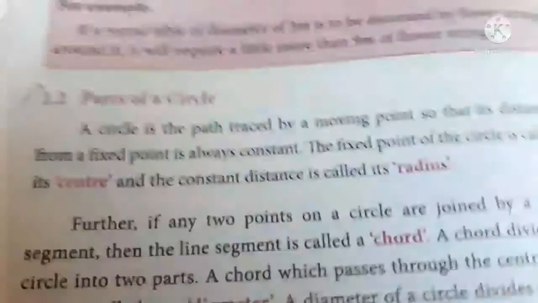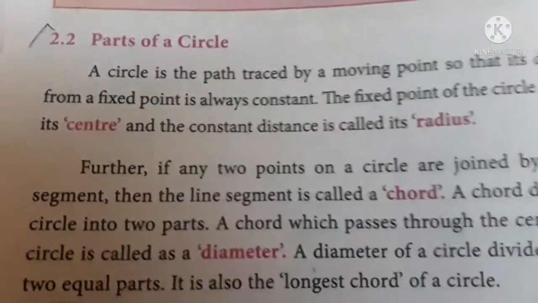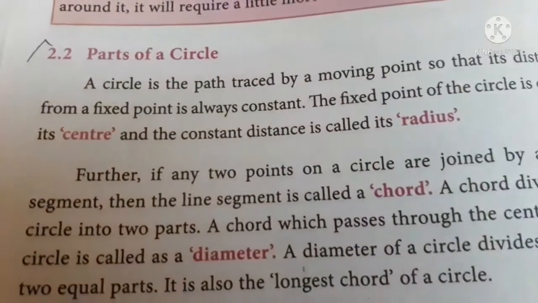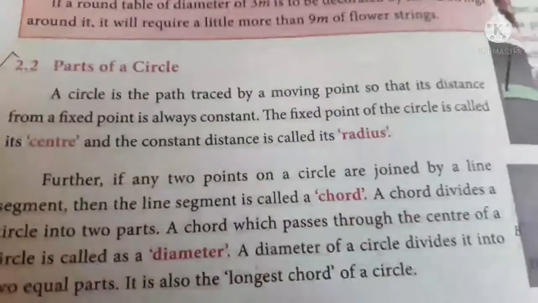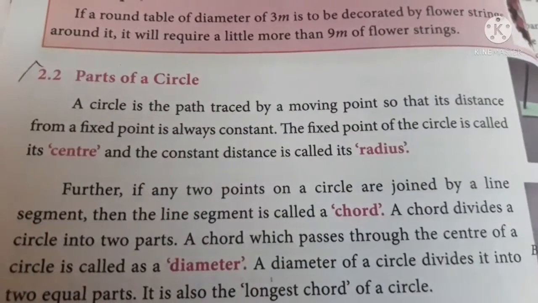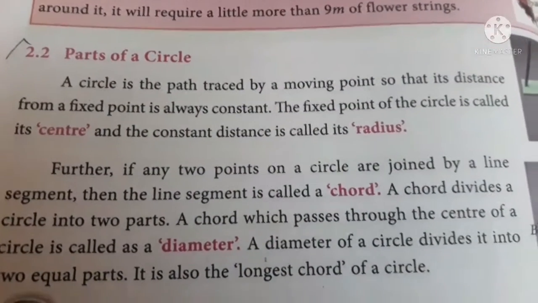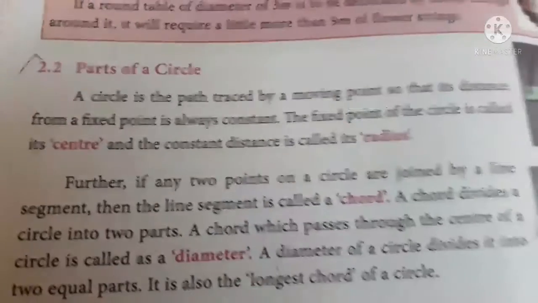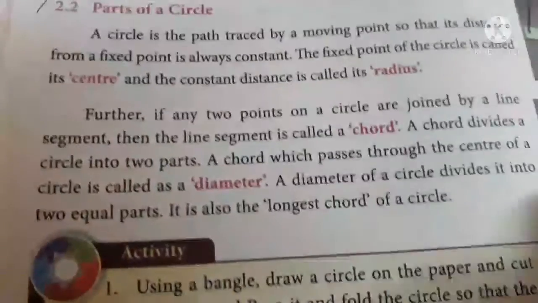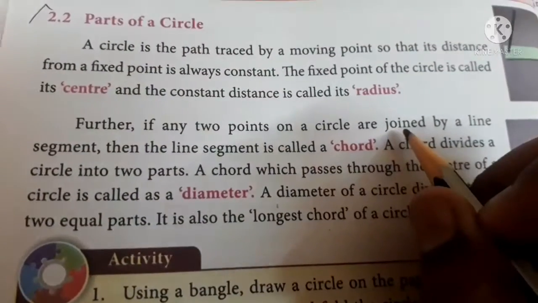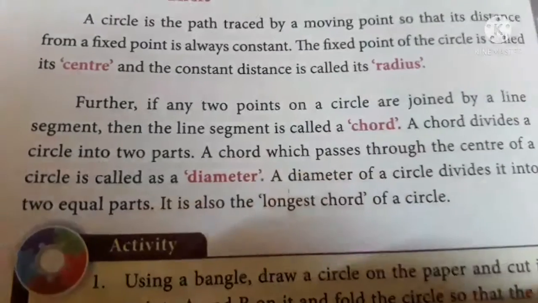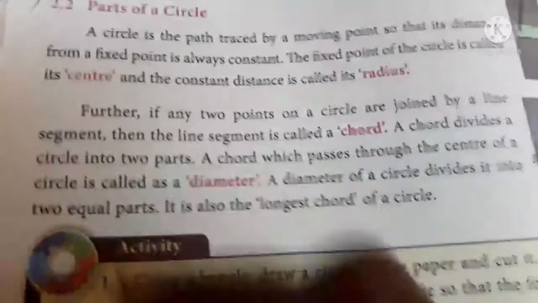The first topic in this is parts of a circle. You know the parts: you have the radius, the center, the chord, and the diameter. These are all parts of a circle. Only these all will combine and make a circle, right? So you know what is radius? The distance between the boundary and the center of a circle is called radius,